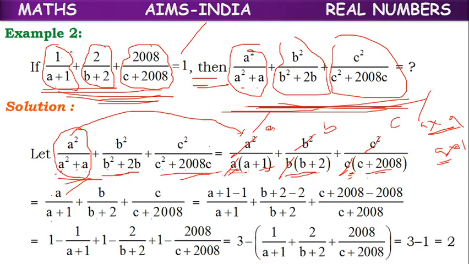But here, in the given hint, there is no a on the top numerator place. 1 is there. Means we need 1 in the place of the numerator. So what we can do, as we need 1 in place of this a, we can add 1 and minus 1. So what happens? Value does not change, but we will get 1.